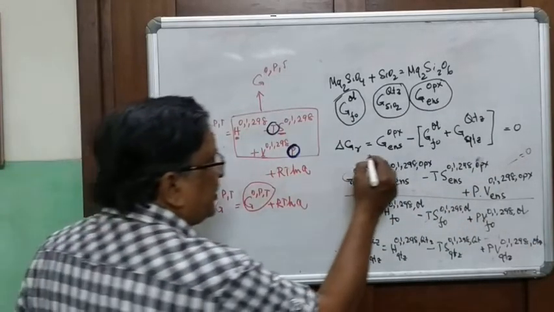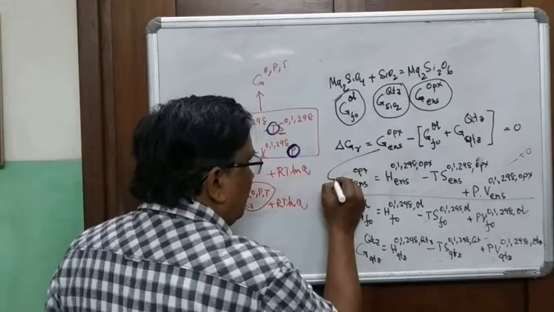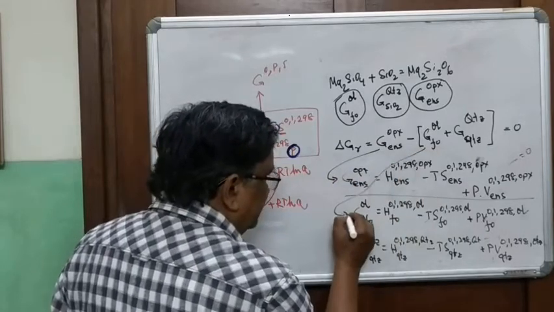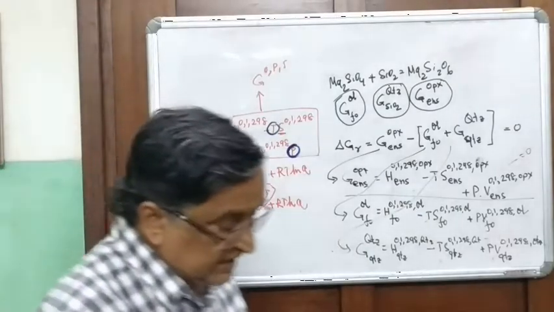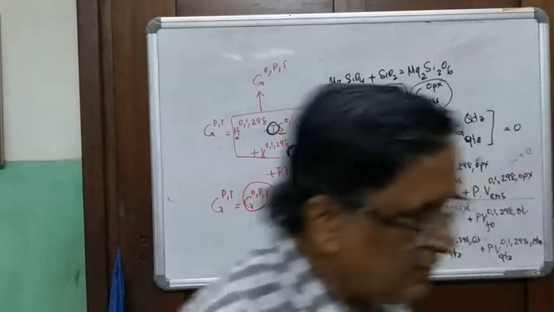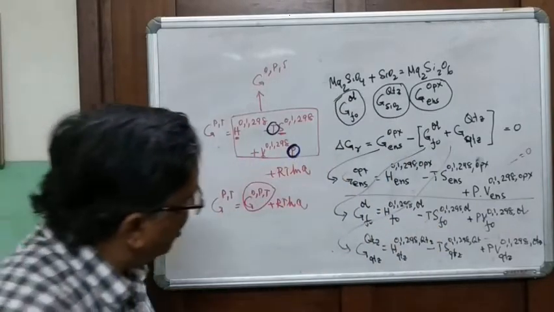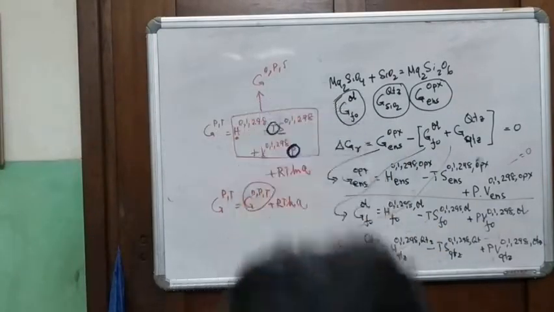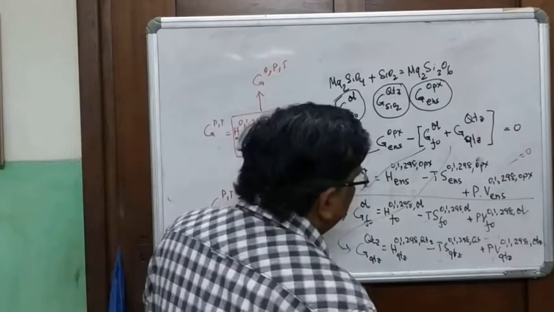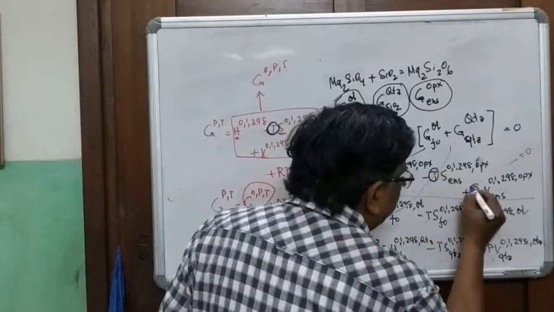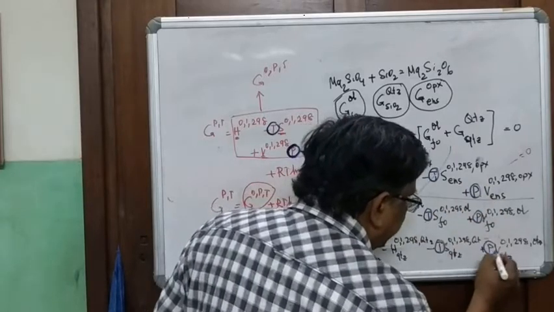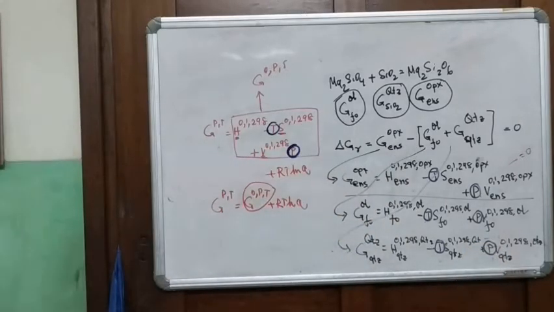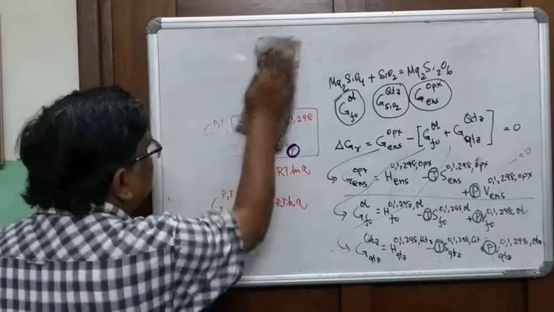So we have three equations of state: 1, 2, and 3. Have you understood? Essentially, in all of this, the variables are temperature and pressure, temperature and pressure, temperature and pressure. This is how it goes. And by algebraic summation,